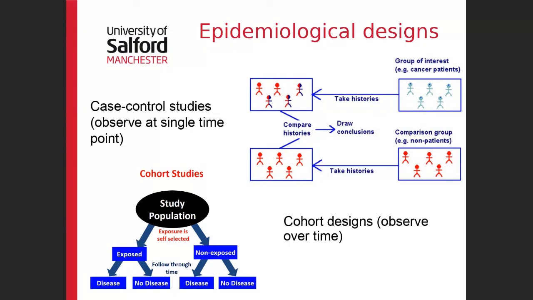They're the ones that get the disease and the ones that don't get the disease, and then try to understand the factors that might have led to people developing the disease in one group but not in the other group. So there's two types of designs. The first is what we call a case control study, and this is where we do the observation at a single point in time, and we ask people